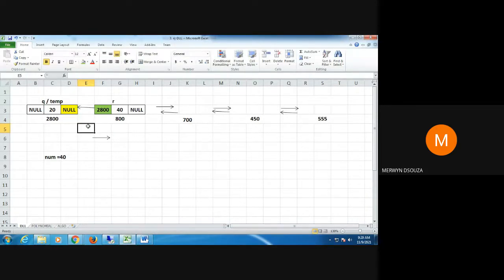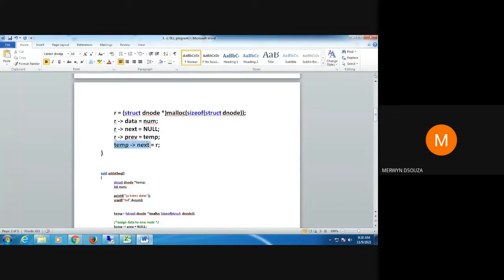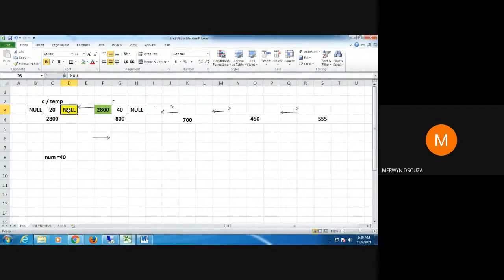But it is still not looking like a doubly linked list. It will look like a doubly linked list only when I get 800 here. So to get 800 there, which pointer contains 800? r. So to get 800 here, I will say temp arrow next equal to r. What that will do is get me 800 here.